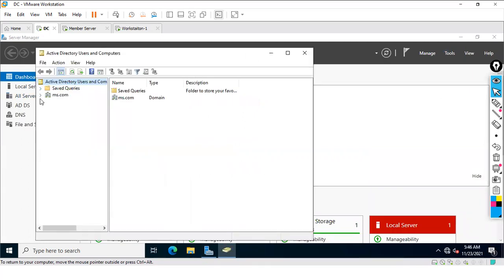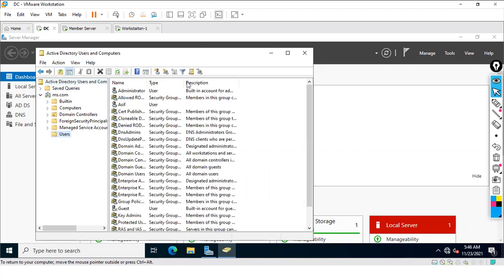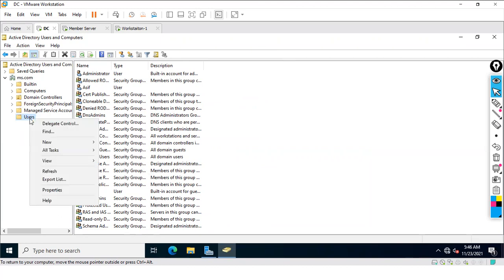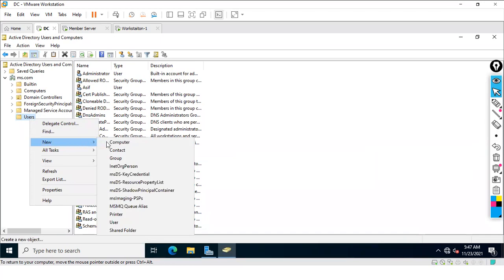Then you will expand this ms.com. Under this ms.com, you will find one option, users. Under this users, you will see our administrator, and you will see Asif, and you will see the other groups as well. So here, what you will do, you will right click. You will need to create a new user: right click, new, and we need to create a user. So we'll select user option here,